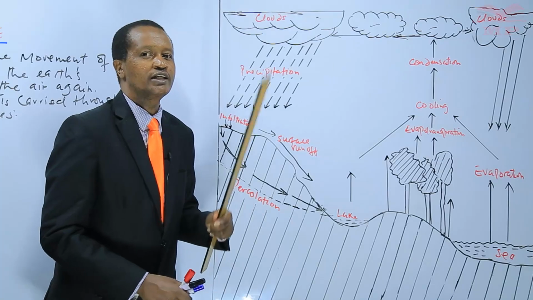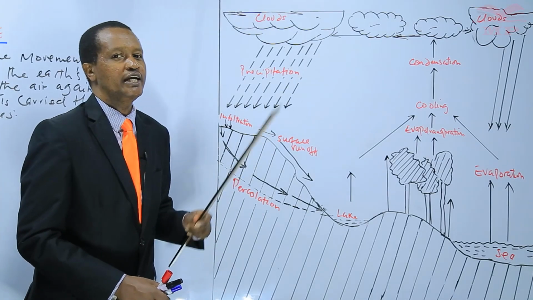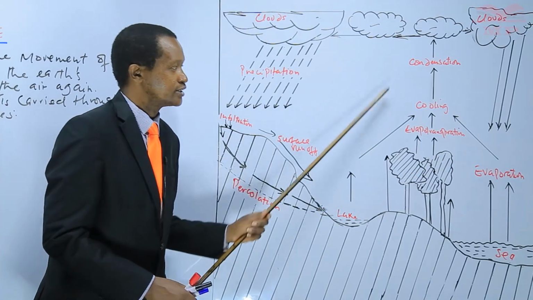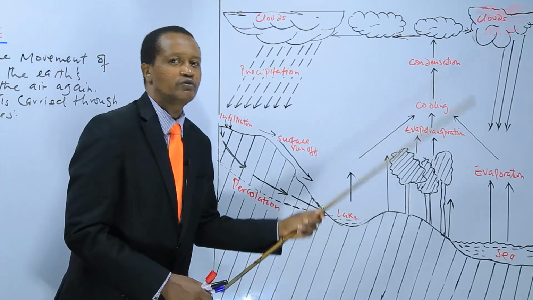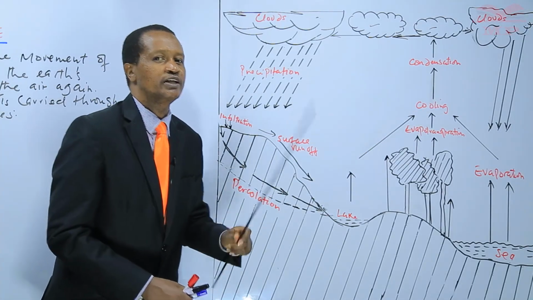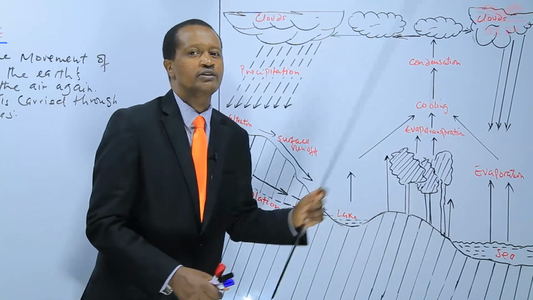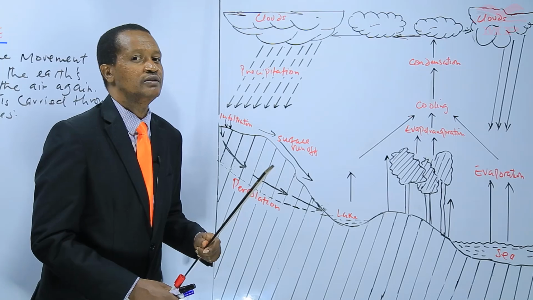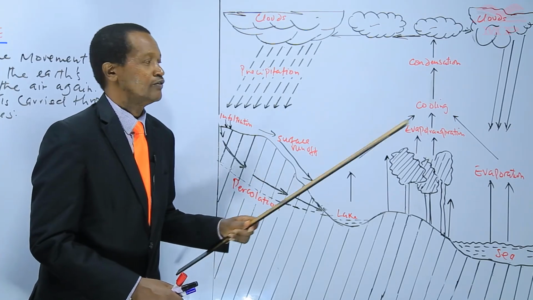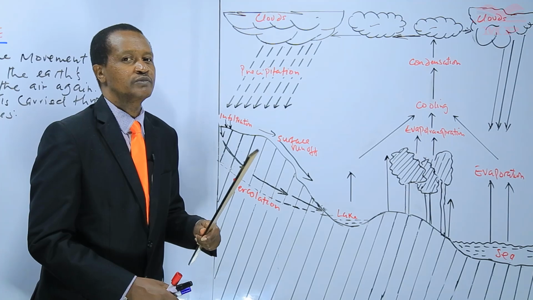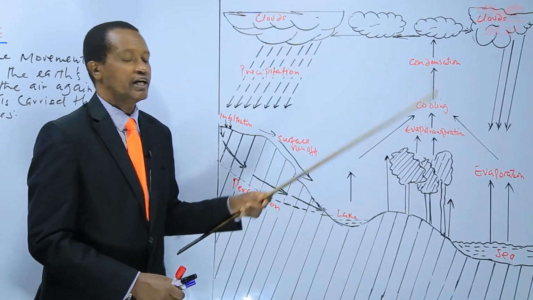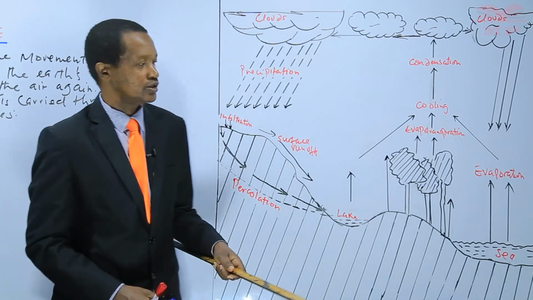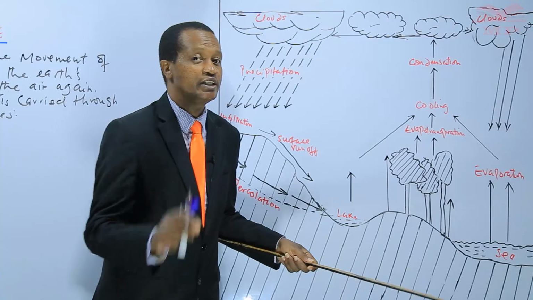So again, learners, it's important to remember that 80% of water vapor in the atmosphere evaporates from the ocean. And the remaining percentage of around 20 evaporates from sources like rivers, lakes, and the soil. And that should be well understood, learners. It should be very easy for you to understand why 80% of the water